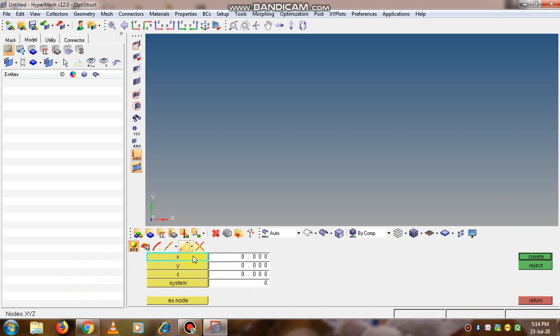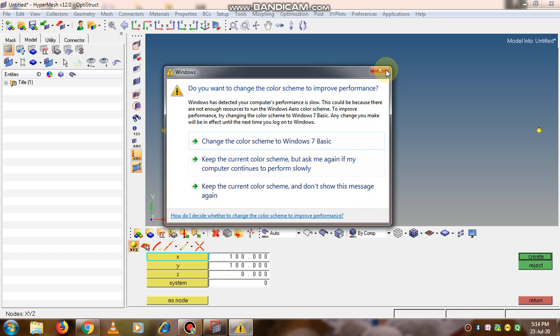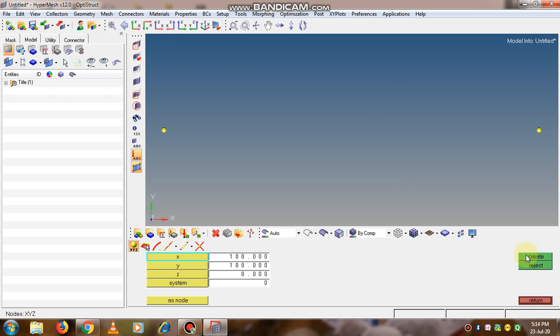In earlier videos you can see how to create the nodes, that is explained in detail there. So these three nodes we have created.